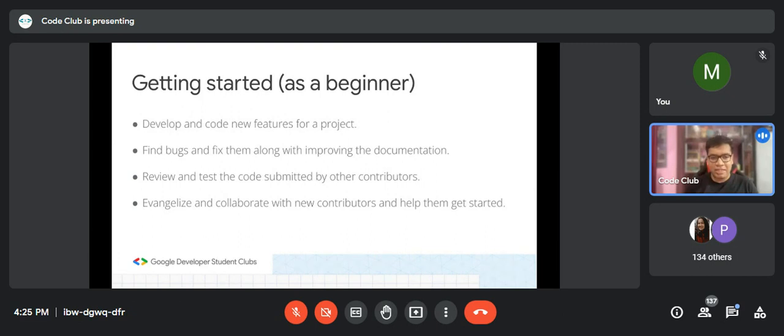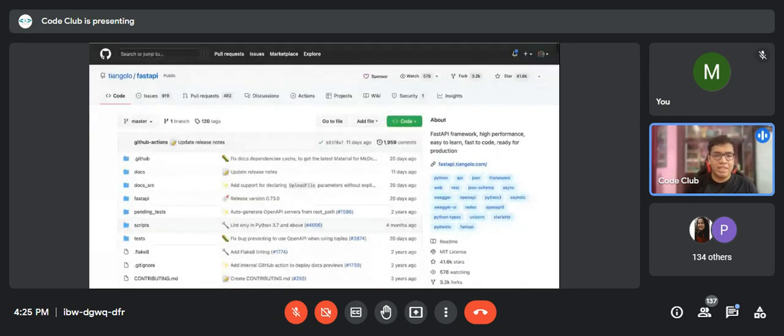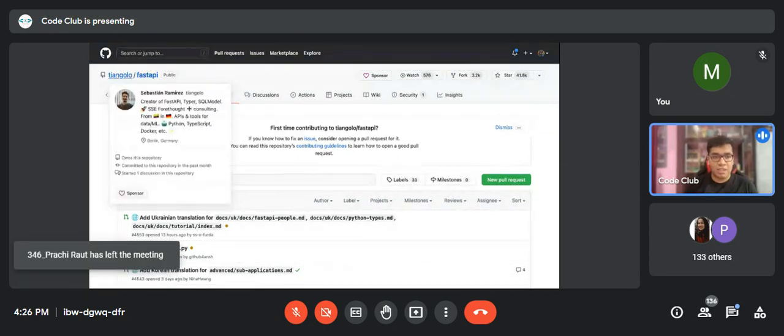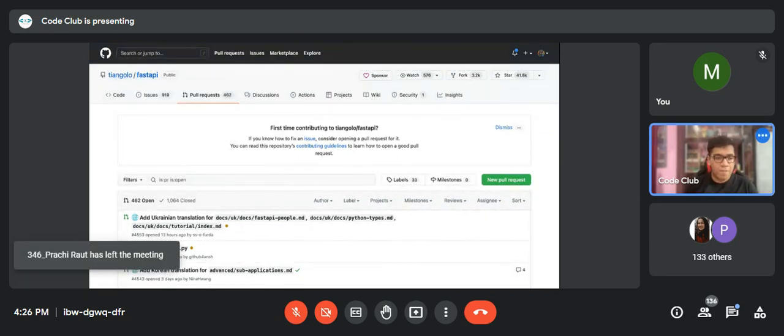Second is that you can start reviewing and testing the code that is submitted by other contributors. If you go to any particular project right now, let me just go to FastAPI, you will see that it has 400 plus pull requests. And let me tell you that this is a very heavy burden on someone who is maintaining this project. In our case, it is Sebastian who is maintaining this, and he has got a team of maintainers